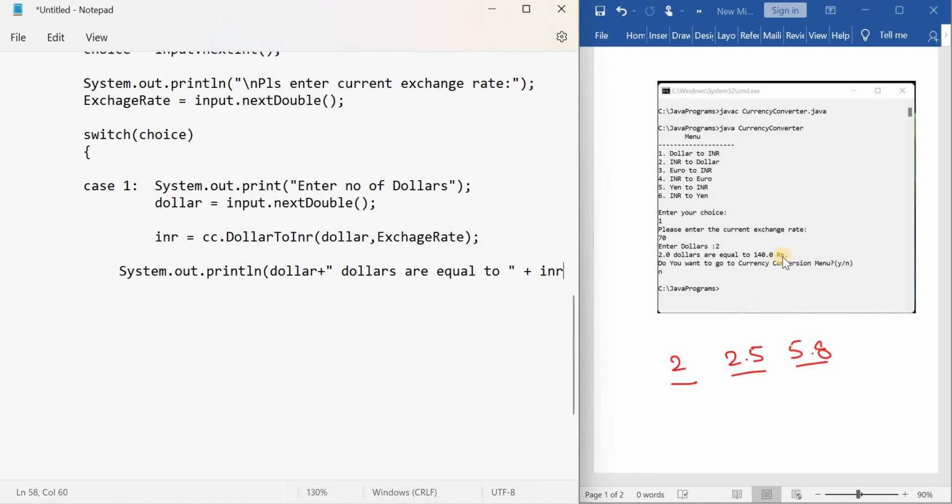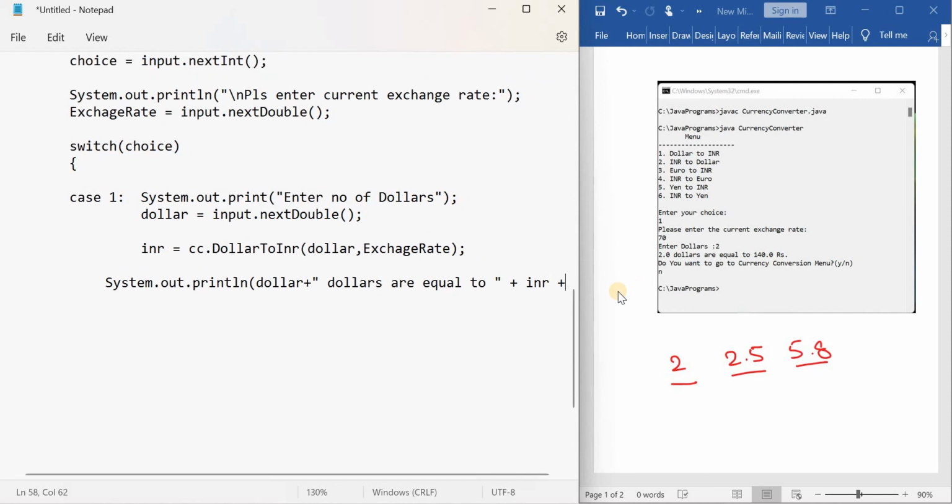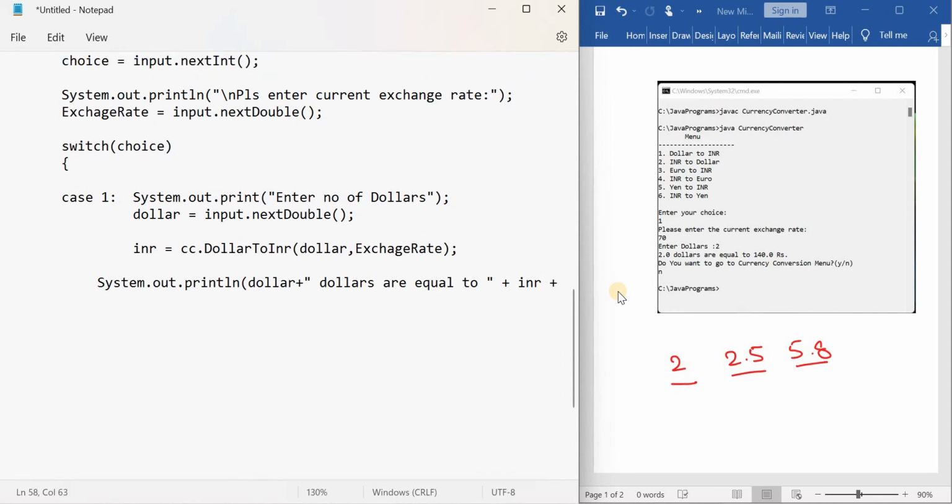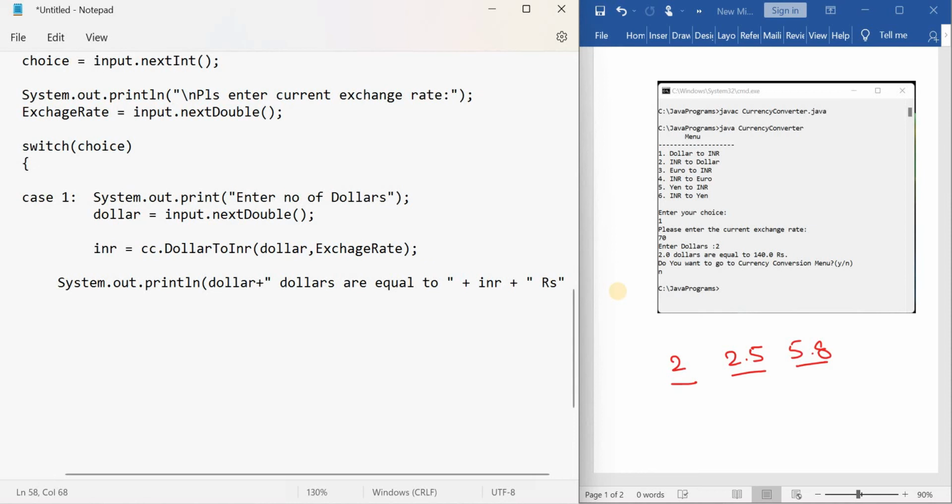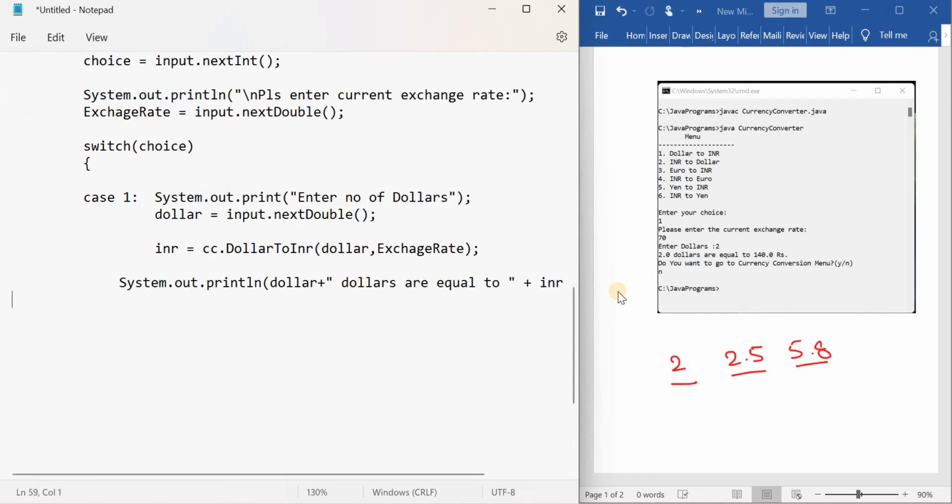And observe here, at the end I got rupees. How to get that? Just write plus and keep that in quotes as rupees. That will be printed as it is. Close this statement.